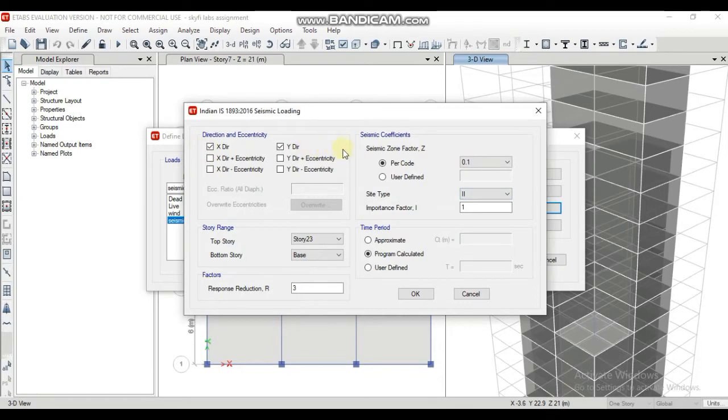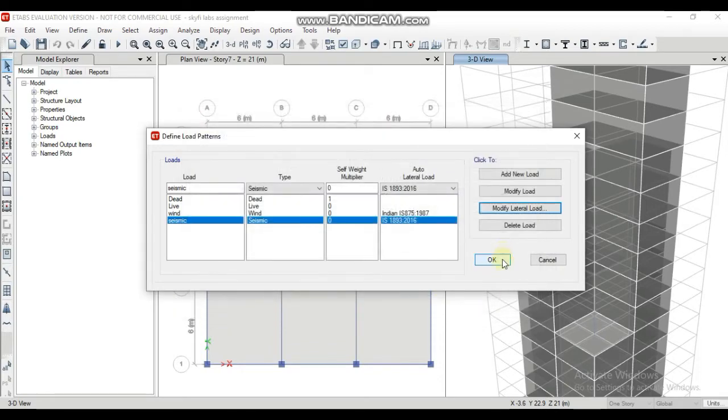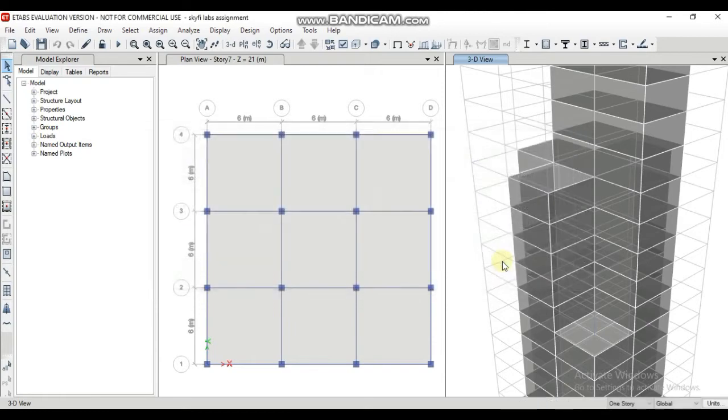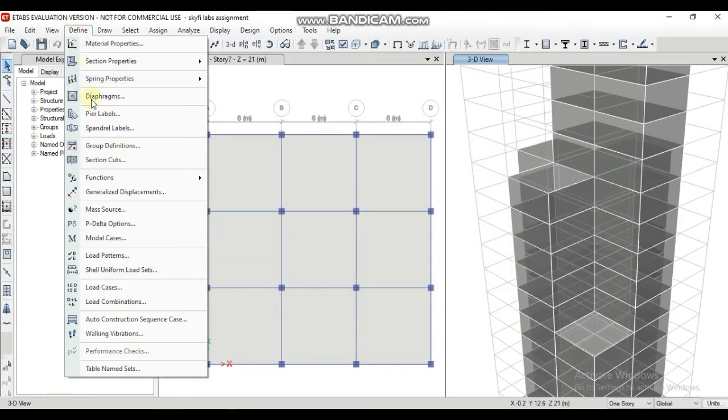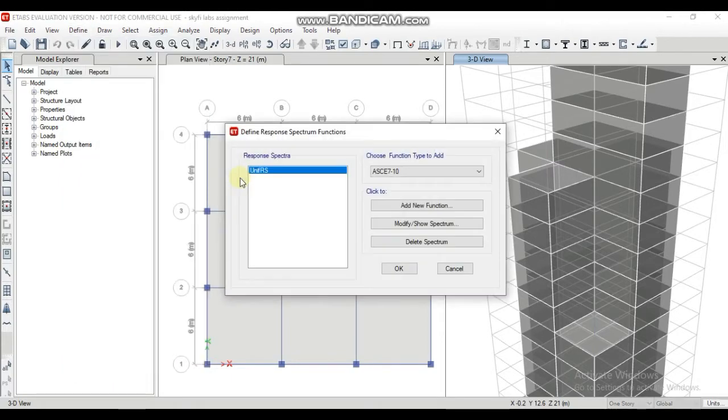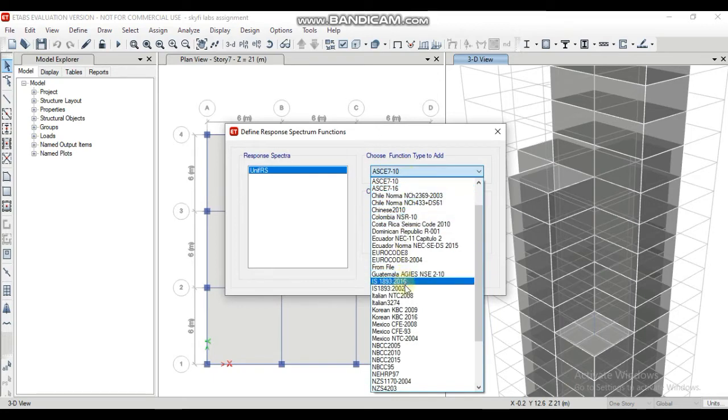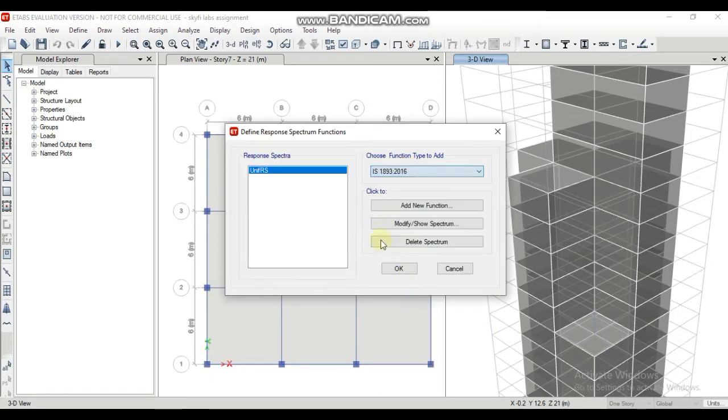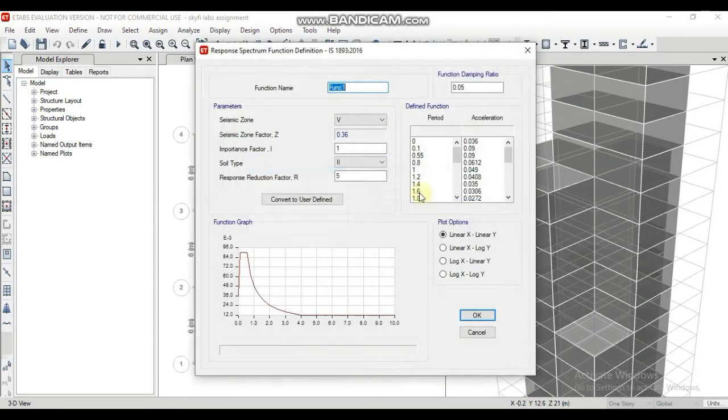First we have to check whether the seismic load is added or not. After checking that, go to define, click on functions, click on response spectrum and choose function type as IS 1893-2002. Next, add new function. Now name the function as response spectrum.